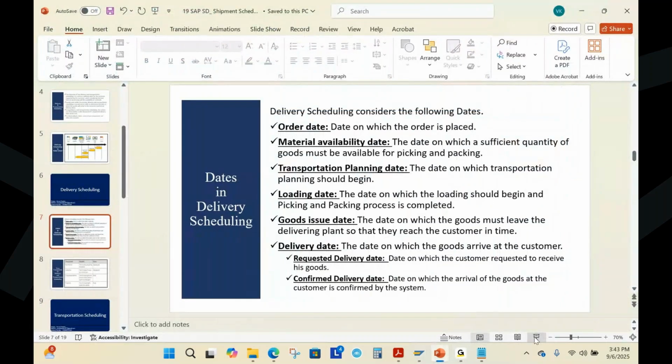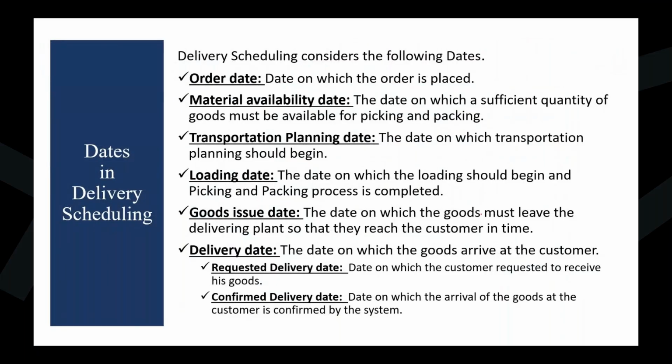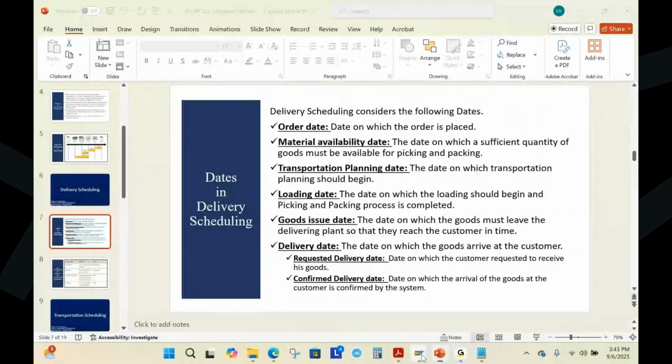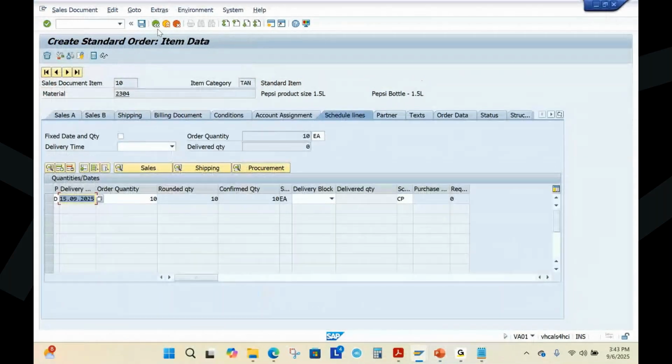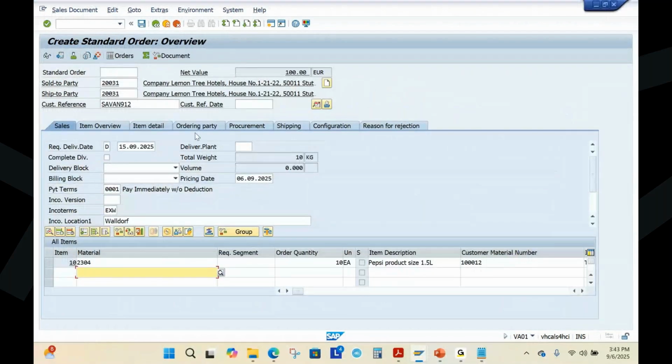So first, order date. Order date is the date on which the order is placed. So the order date is nothing but the date on which you created the sales order. Normally in the sales order itself you can see the order date. If you go back, you are creating the sales